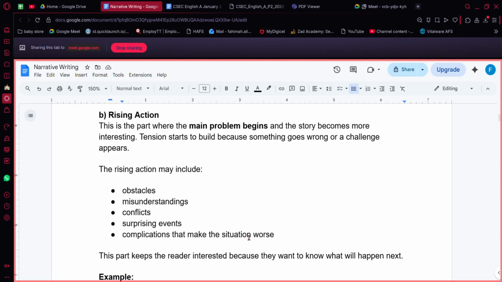When you reach the exam, you sit down. When you're reaching for your pencil, you have no pencil, no pen, you have nothing. So you need to either figure out what to do or ask to borrow somebody's pen. So the rise in action could be various things in your story. It's whatever you want to write on. So this is the part of the story that keeps the reader interested because they will want to know what